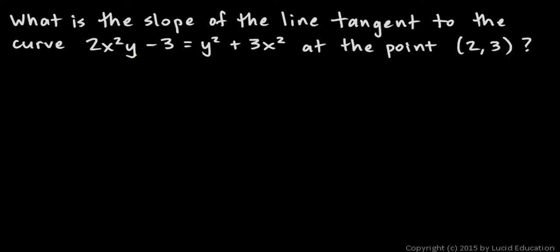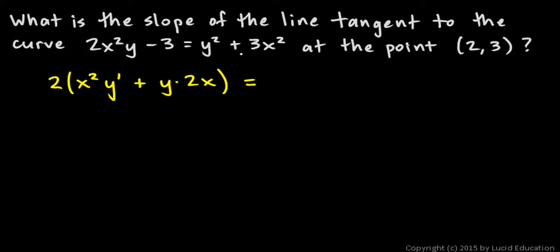So here's the implicit differentiation. I'll start with the 2 and then the derivative of this product, x squared y. So I'll do the first, that's x squared, times the derivative of the second, that's y prime, plus the second, y, times the derivative of the first, 2x, close parentheses, minus the derivative of 3, which is just 0, and